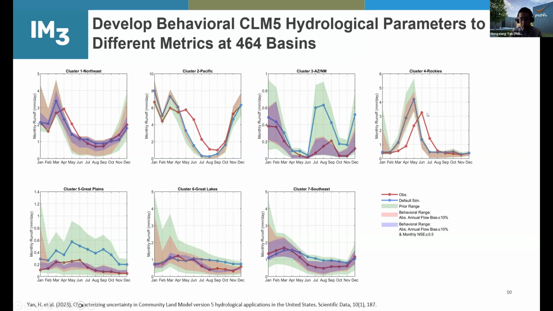And also interesting in the Rockies, the peak flows are similar, not that different, but they have a timing mismatch, and we cannot calibrate the parameters to fix the timing. So there may be some other slow process we need to look into. And currently they have a really early melt, one month early melt. So this can give you some insight into the model structure and further work on how we can